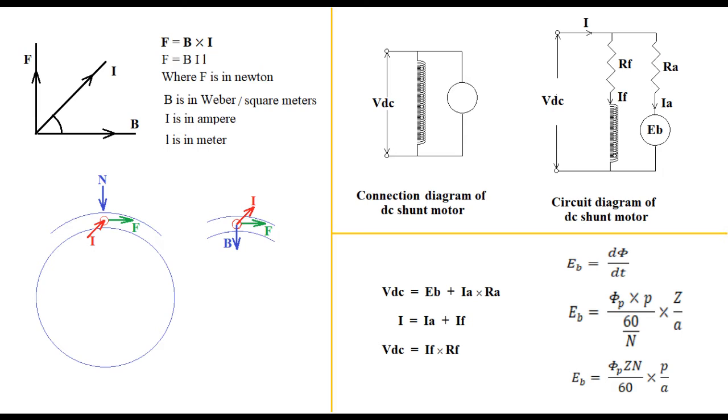The magnitude of force is expressed as the cross product of two vector quantities. One is the magnetic field, symbolized by the letter B, and the other vector quantity is the electric current, symbolized by the letter I. Such a mechanical force acts on each elemental length of conductor and may be summed up together by multiplying the product B cross I by the scalar length L, that is the length of the conductor.